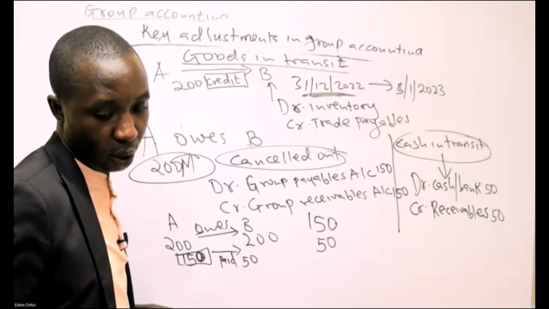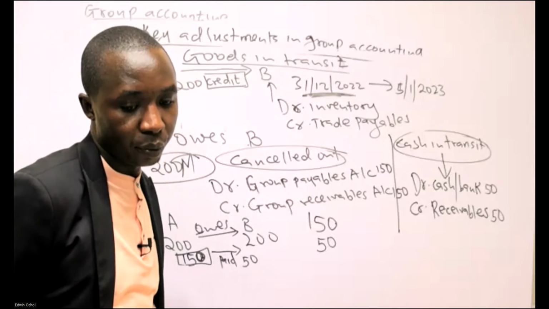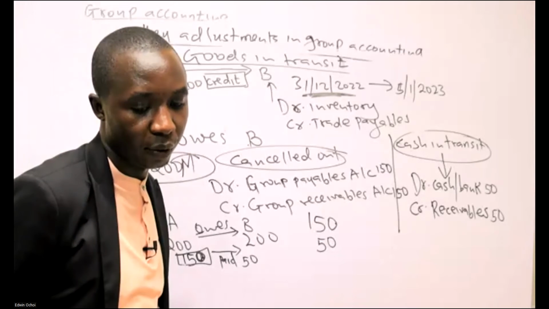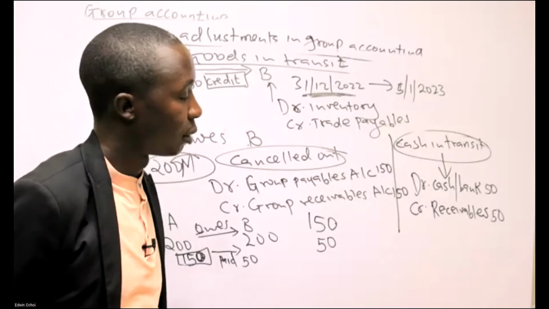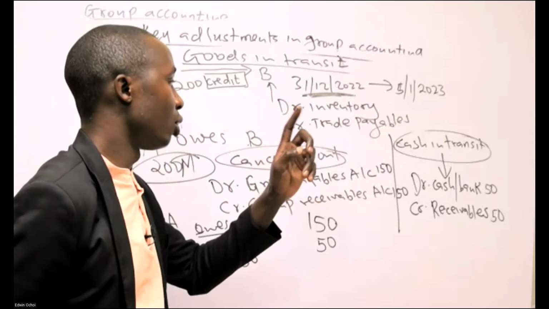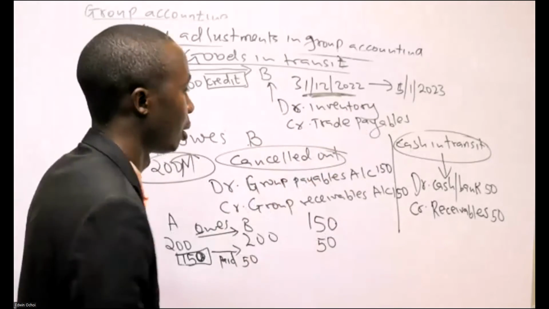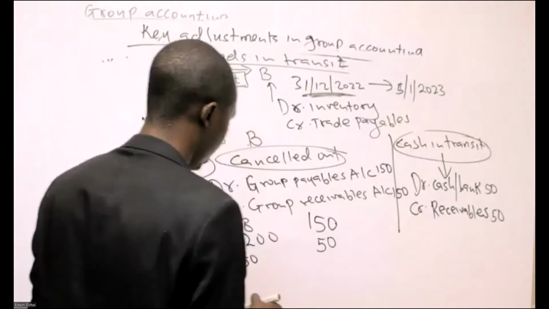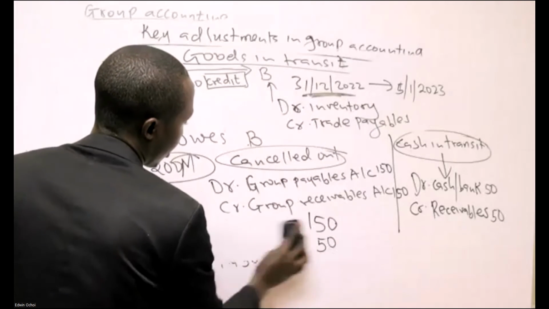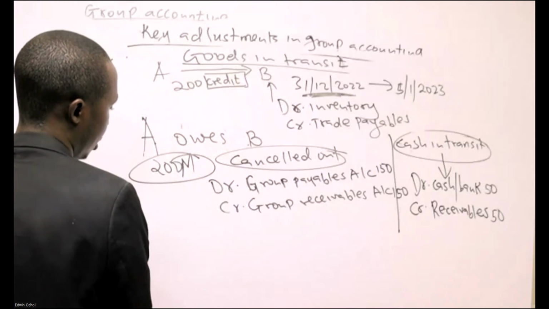Even I can see Susan was asking, does it mean you add 150 to both group payables and group receivable? Susan, no. Because when you debit your payable, you have deducted. Remember that payable is a liability account. If I was to prepare this way, Susan, if I was to open these accounts, the three accounts,